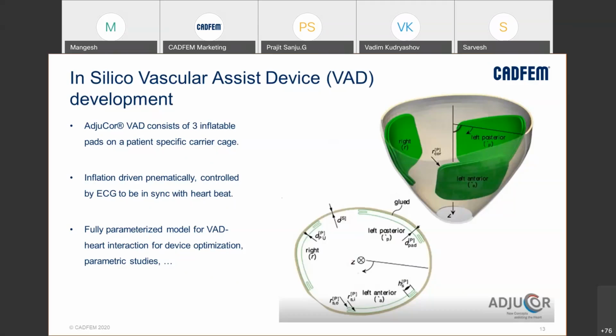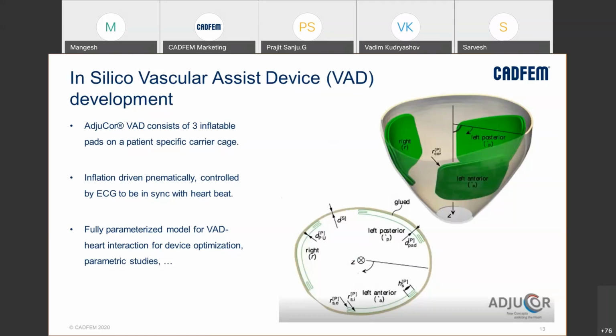But then when someone is designing such a device, it is very difficult, first of all, to design the overall algorithm to control such a device, right? Like the algorithm to control the actuation of this device. It should be very synchronous to the heart, first of all. And second, the position of these vascular assisting devices. So you can see here there are three such kind of